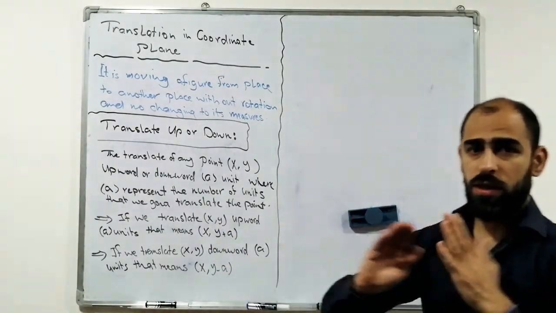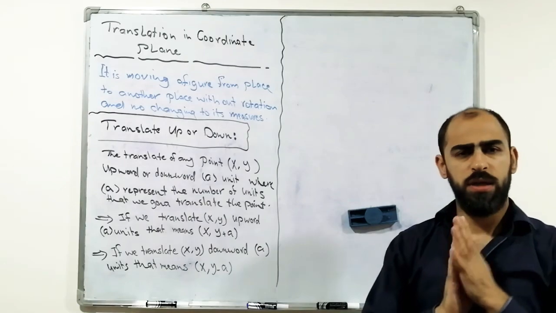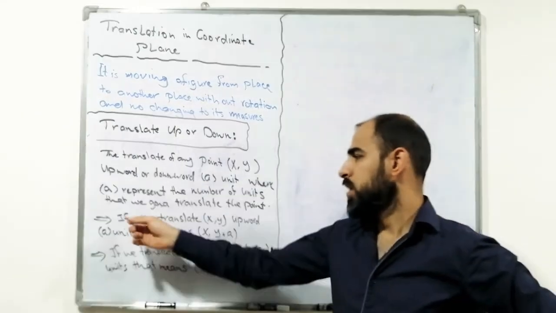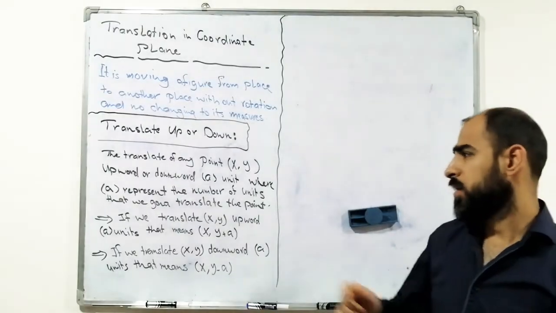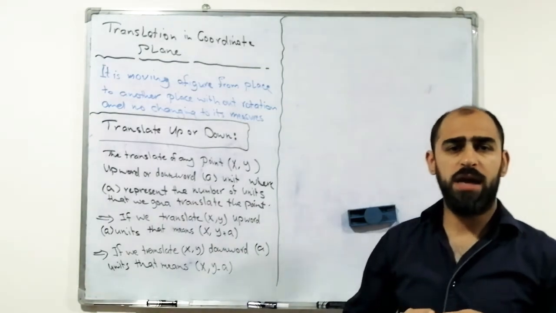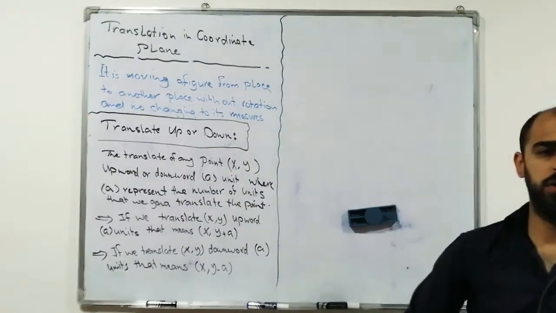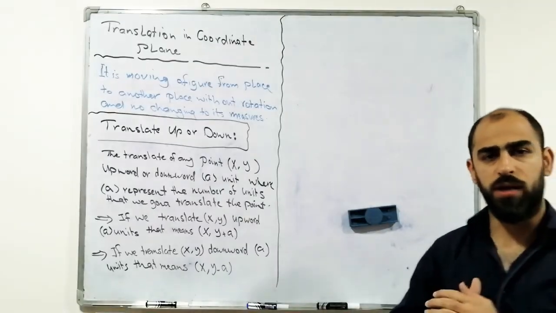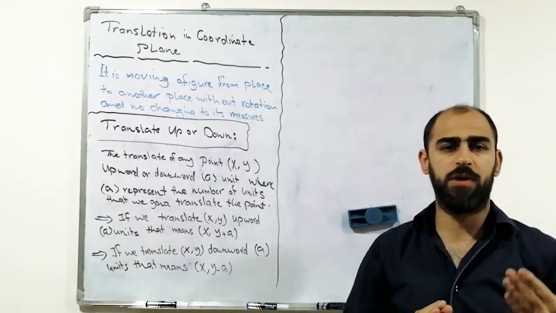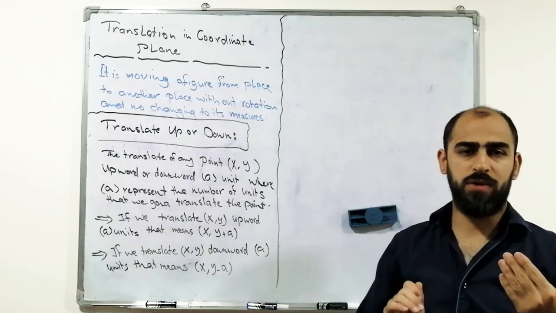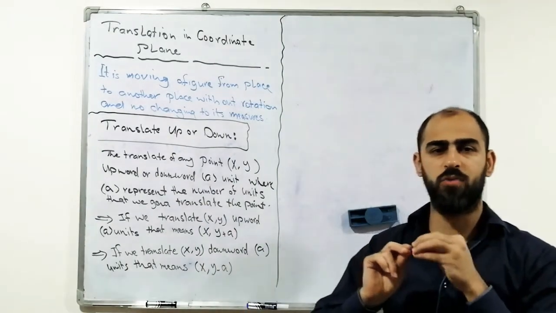In this kind of translation, we will add or subtract the number of units to the y. In the first kind of translation, we add or subtract a unit to the x, but here, since the translation is with the y-axis, we will work on the second part of the point, on y. هذا النوع من الانسحاب بما انه راح ننسحب للاعلى او للاسفل او بشكل موازي لمحور الصادات، فان الشغل هنا راح يصير على الجزء الثاني من النقطه اللي هو على الواي، فراح نضيف او